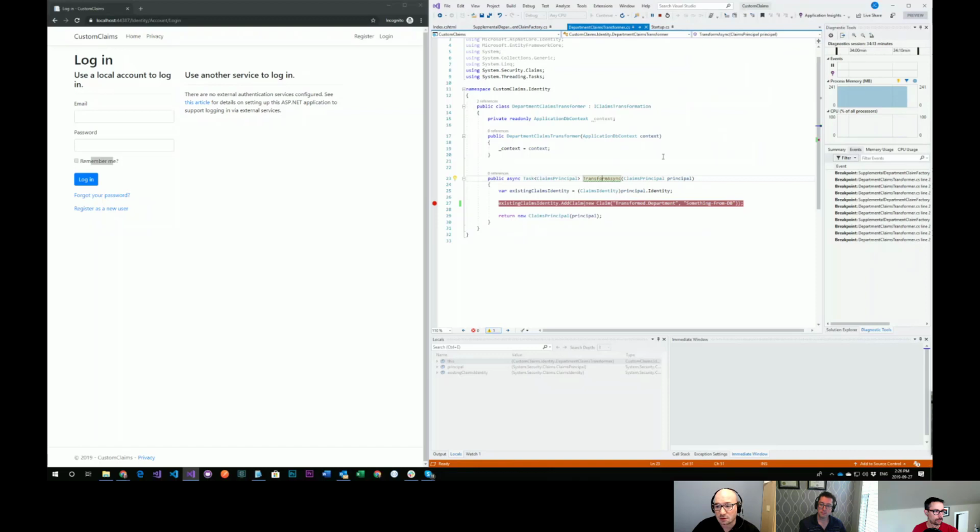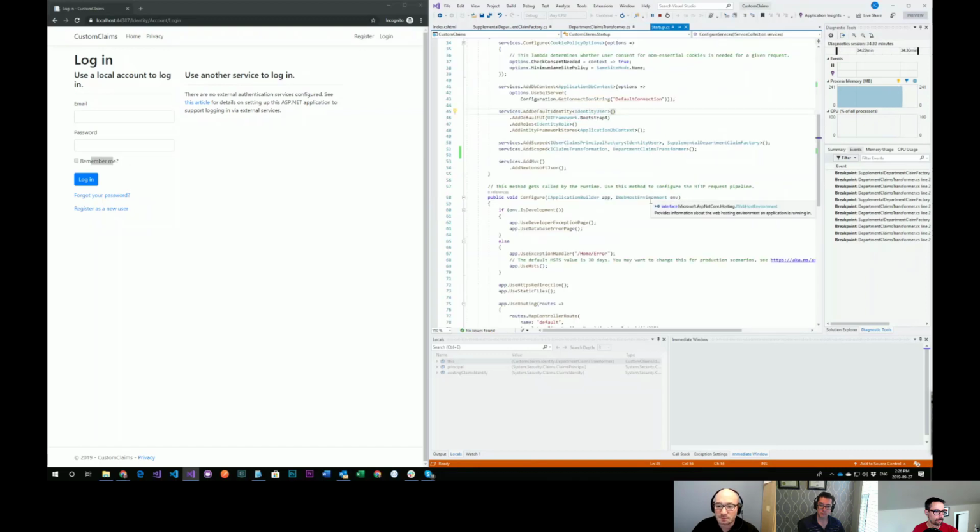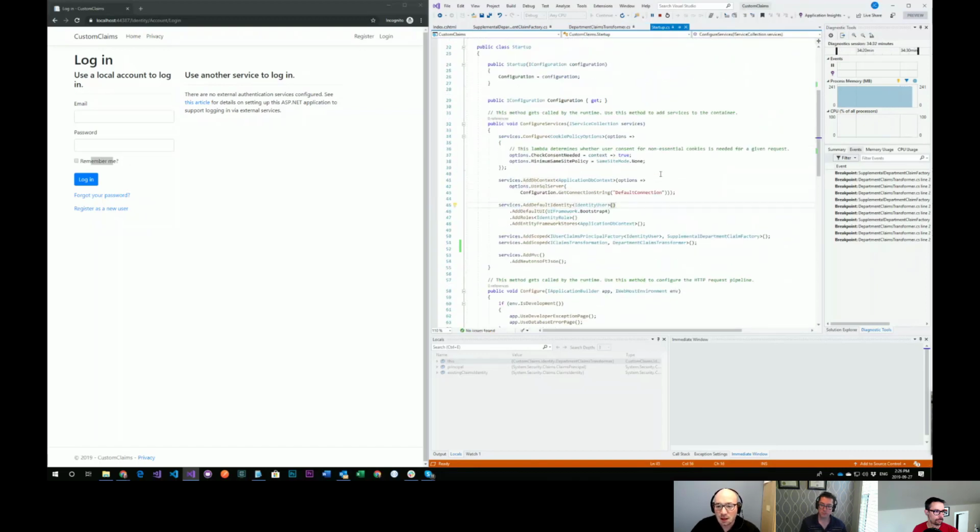Finally, the last thing that we need to do, actually, I'll just walk through this really quickly. We've got an IClaimsTransformation implementation, and we simply need to do this TransformAsync. I had it marked up as async because I was going to do some stuff with the database, but we can just prove it by setting a breakpoint here and showing you guys how that happens. So I've added two scoped